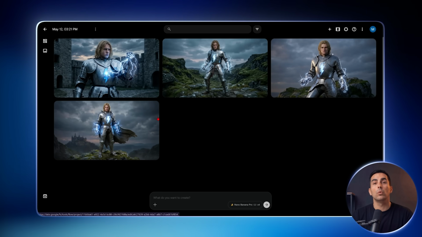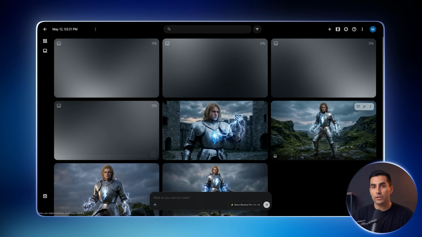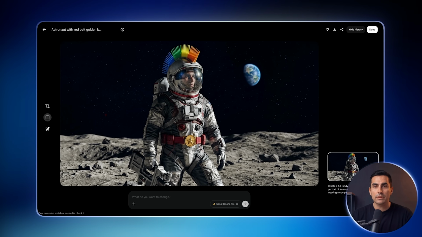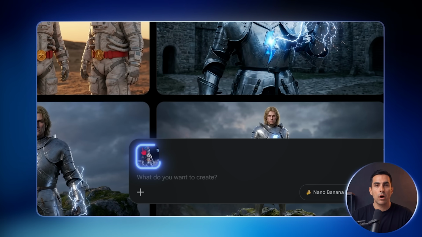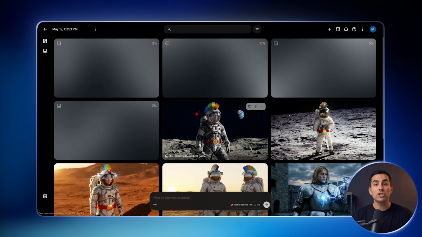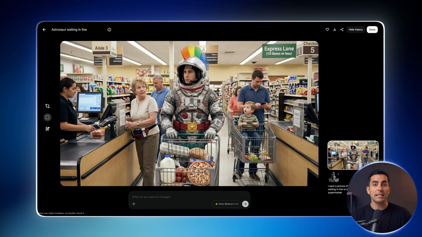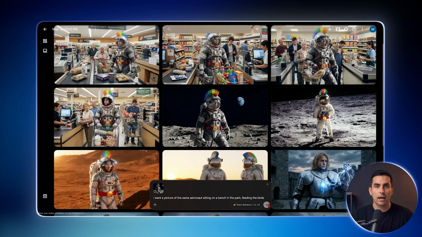I wrote the first character prompt, but the first 4 did not feel worth building a channel around. So I generated again. When I finally got a character I liked, I did not copy the prompt and hope the model would remember him. I clicked and held the image, dragged it into the prompt box, and added it as an ingredient. Lock the character visually, then change the scene around him. Now I can ask for that same character in different places and poses, get 4 options each time, keep the strongest one, or regenerate.